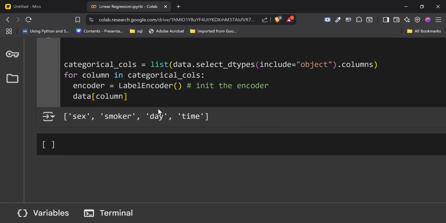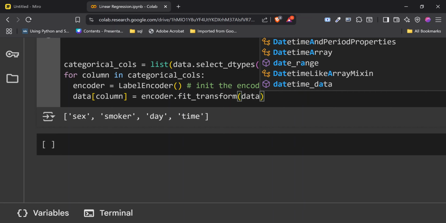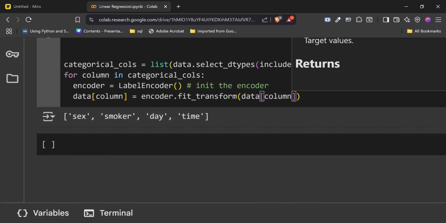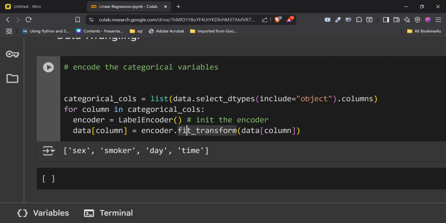The new sex column is going to be encoder.fit_transform of data of column.